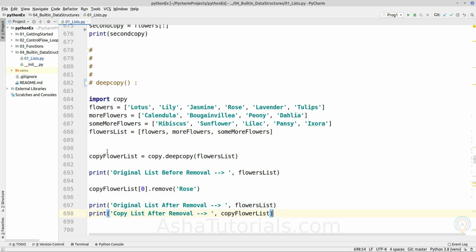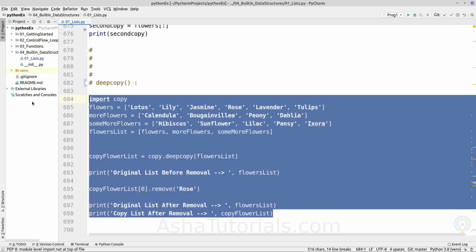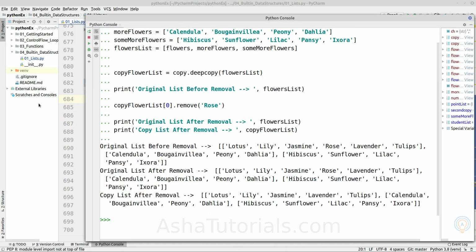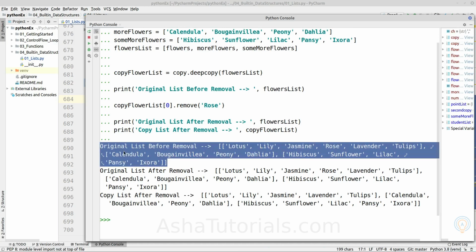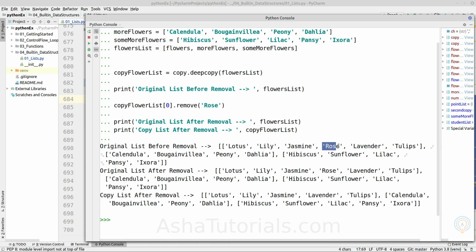So as we can see here, we are copying the list with deep copy, and we are modifying the copy of the list. So it should not affect the original list. As you can see here, this is our original list which contains rose before applying the remove function on the copy list.